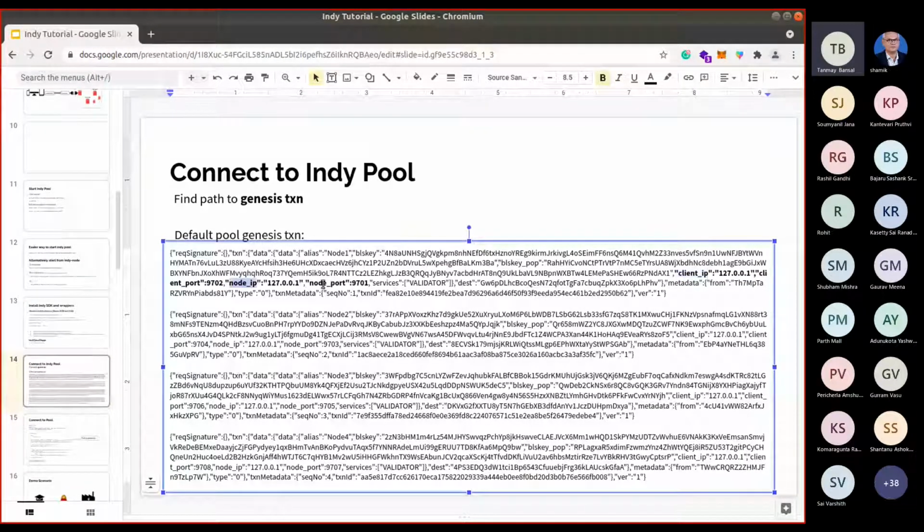This says how the INDI SDK can connect to a particular node. Similarly, for other nodes, you will see that in the Genesis transaction itself, the IPs and the ports are specified.